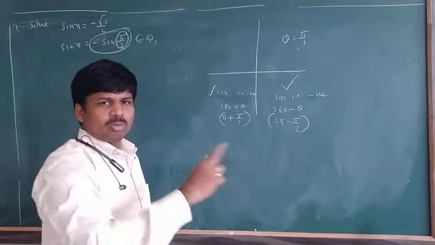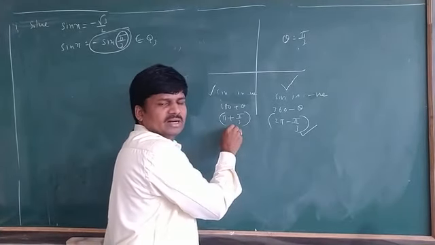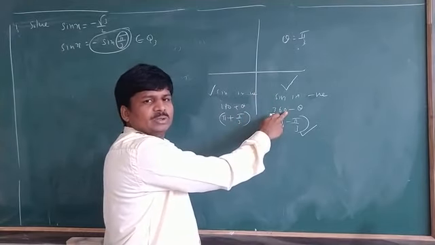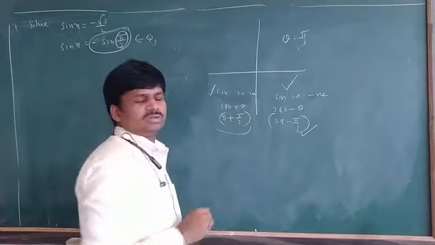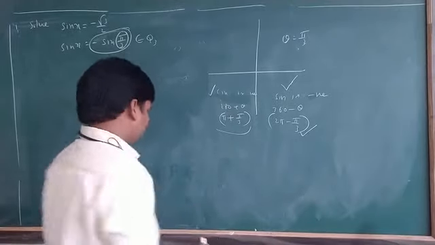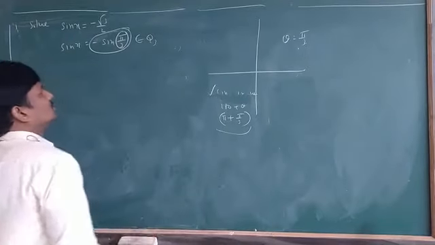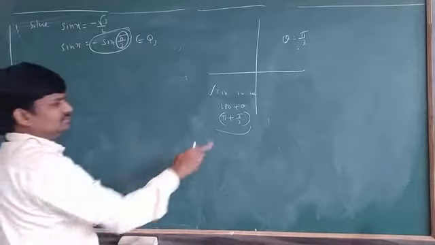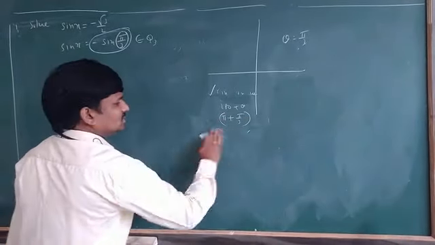Why are we not taking both? Because in the second quadrant you will also get a principal solution, in the third quadrant you will get a principal solution, and in the fourth quadrant too. But we don't need to find two principal solutions. The first principal solution only we will find. Minus sign means negative, and negative is in which quadrants? Third and fourth actually. We will take only the third quadrant. Remember this.